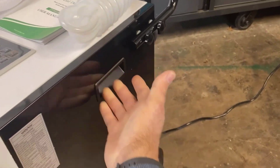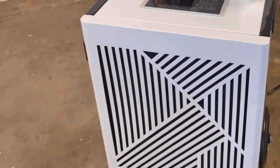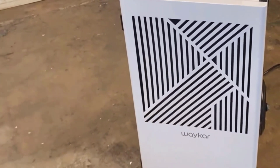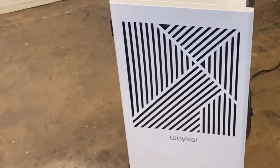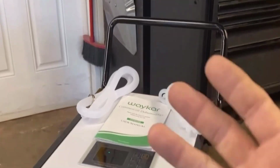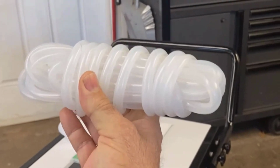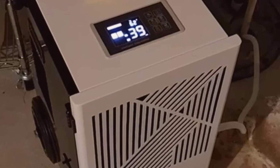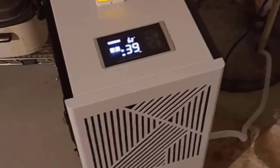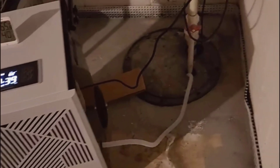Speaking of reliable construction, I was genuinely impressed with the quality. This is a metal housing, not just thin plastic panels, so it feels more durable than the average dehumidifier. The display is bright and easy to read, and all controls are responsive. The safety features include an automatic restart after power outages, an automatic defrost to prevent ice buildup if you're using it in cool spaces, and an overheat protection system. Those are nice little peace of mind touches, knowing the unit is going to take care of itself a bit